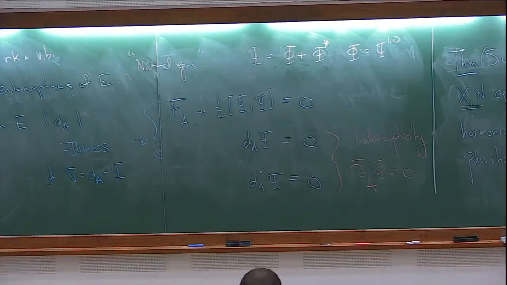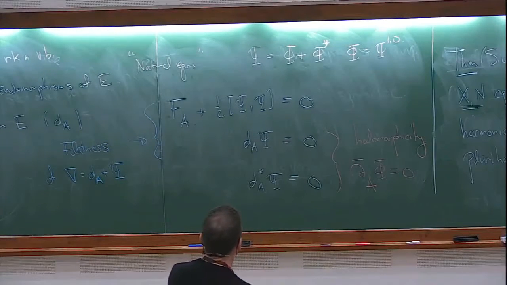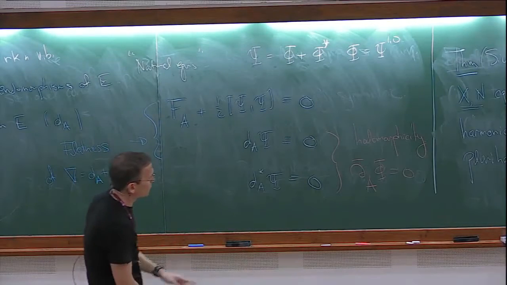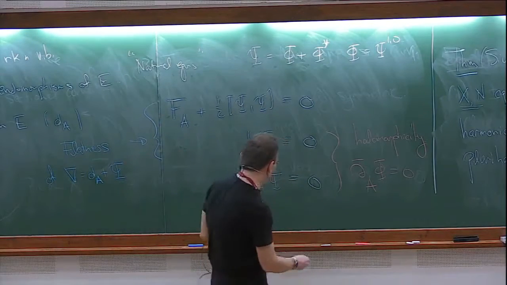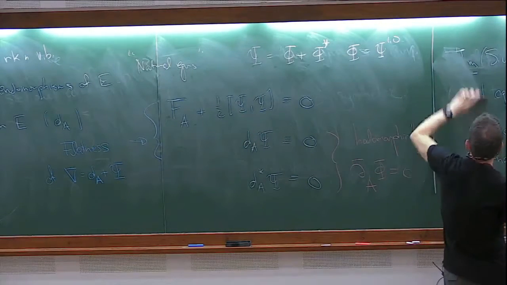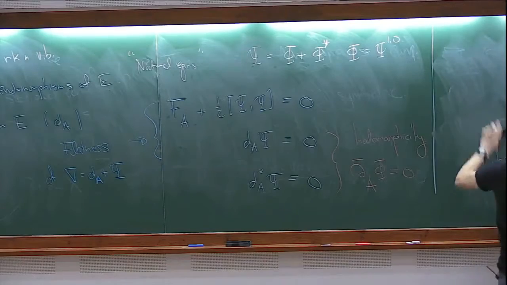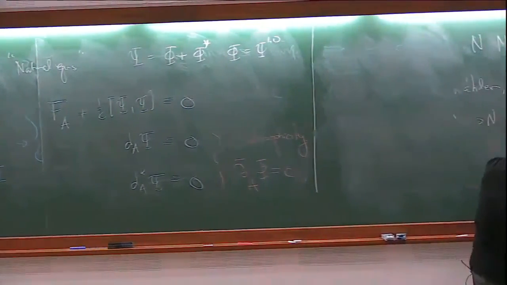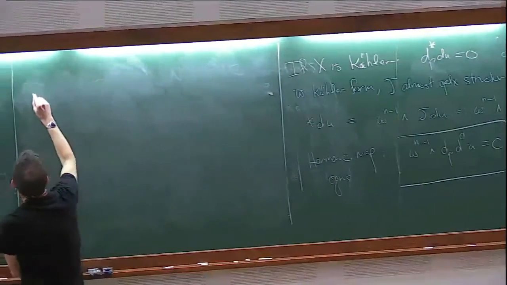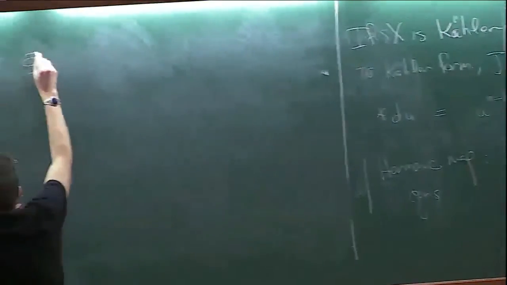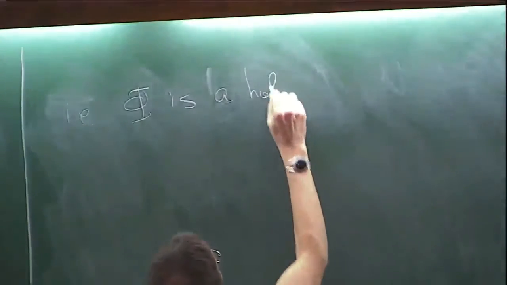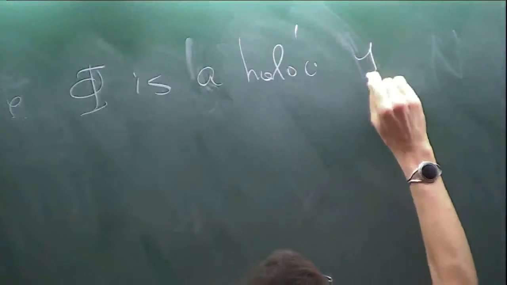Okay, and so now there's an extra condition here, and that is that of course, so this would be saying that phi, i.e. phi is a holomorphic one form